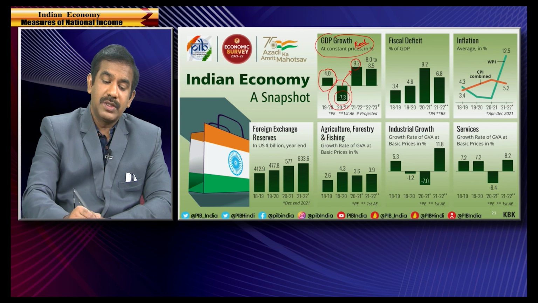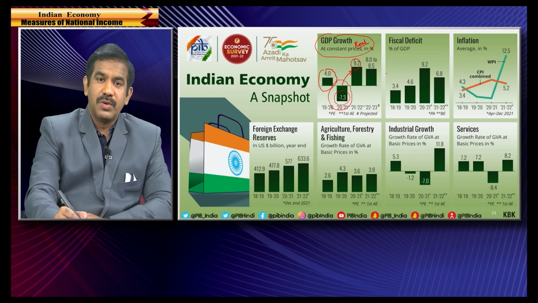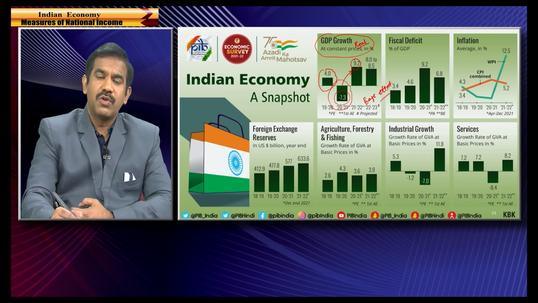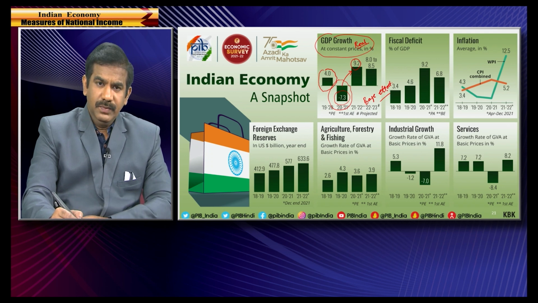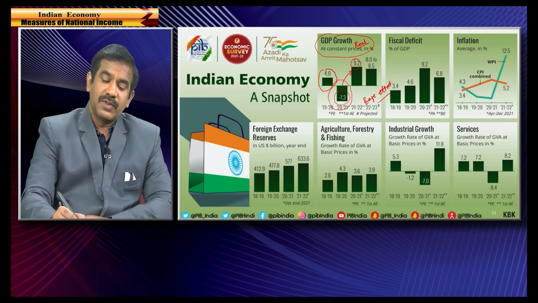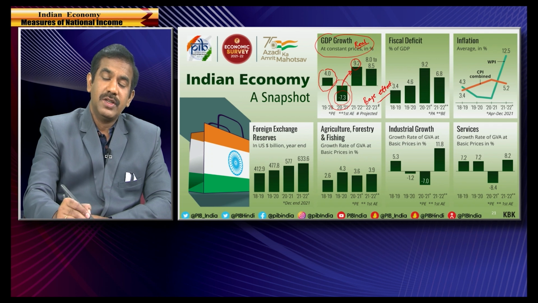Compared to this year, there is an increase in output by 9.2%. You might be thinking, my God, India has experienced a great recovery, but I think you are aware that this is all because of the base effect. This is more or less what we call the base effect. Because in the previous year there was a large fall in output, a considerable increase in output results in a great increase in growth rate, and that's the basic reason. Because of the base effect, there has been a tremendous increase in growth rate.